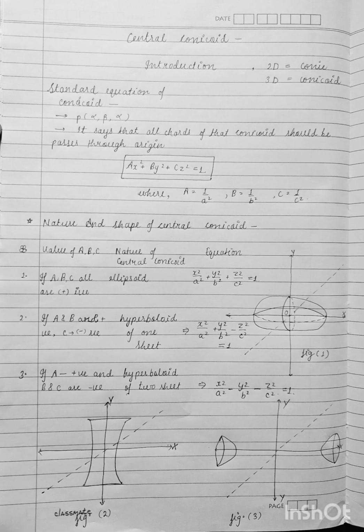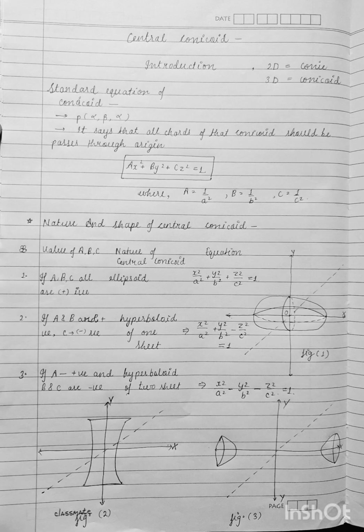Now secondly, we discuss the nature and the shapes of central conicoids, based on the values of A, B, C. First we have made 3 or 4 parts of this page to explain all the things. First we discuss the value of A, B, C. Secondly we discuss the nature of the central conicoids, and thirdly we discuss the equation that it has. So the first is, if A, B, C all are positive,